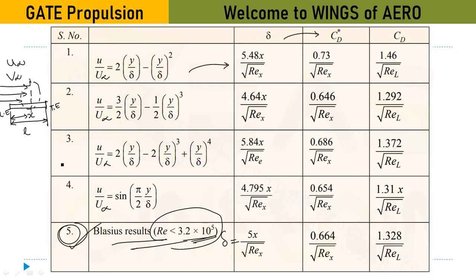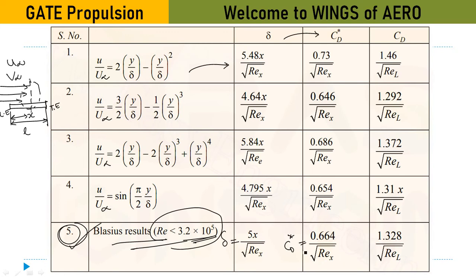In that case, if in the question they have not mentioned anything like finding the local or the total drag, then you have to use this formula. You have to read the question very carefully to understand, because even a small decimal fraction can make an entire variation in your result.